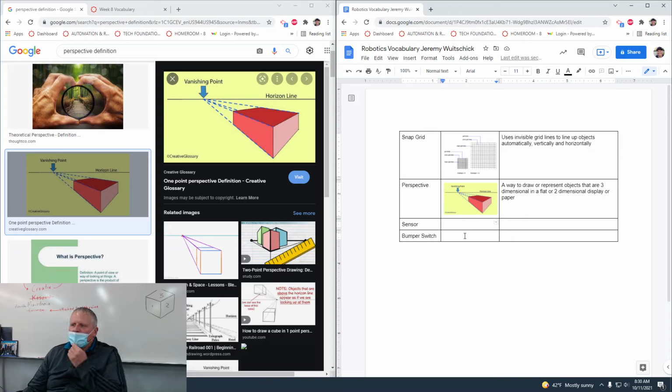Sensor has to do with robots. Bumper switch, we talked about that in our videos already. So I'm going to leave you guys to finish the rest of this. Oh, but wait, how do